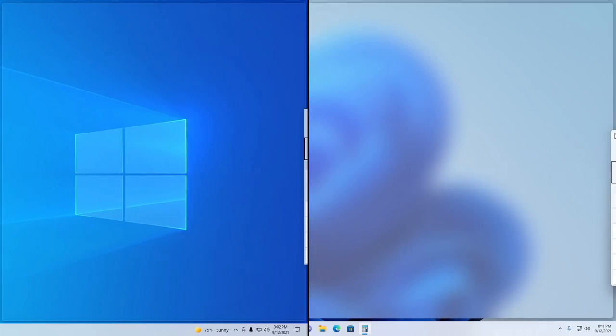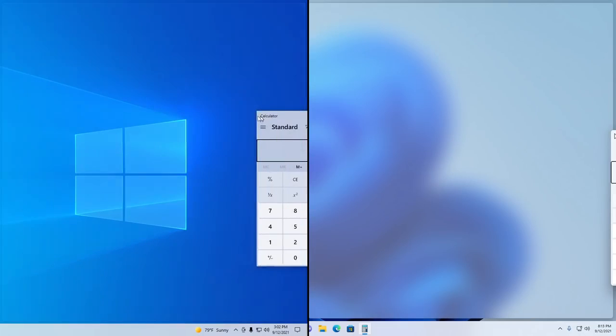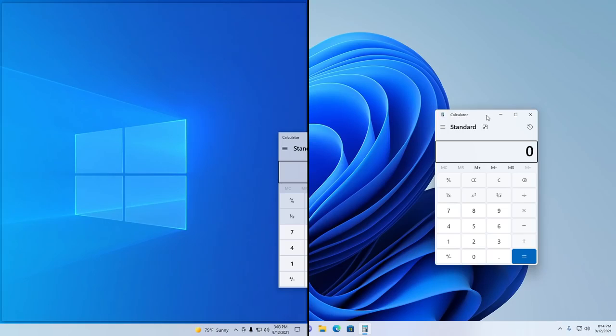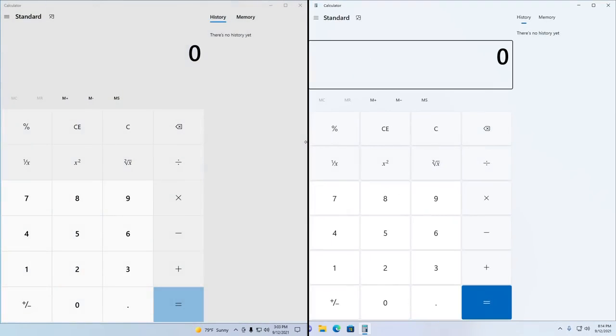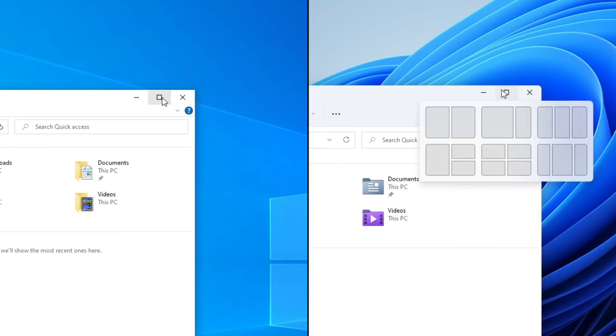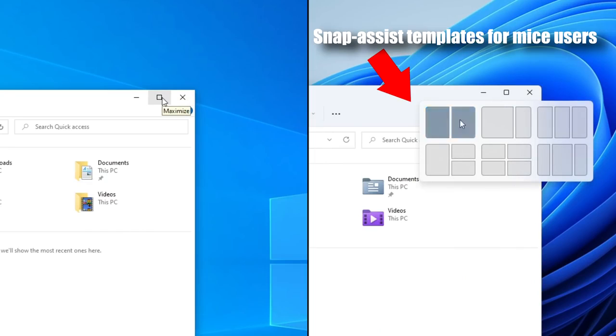The Snap Assist preview now has a frosted glass look rather than the transparent glass in Windows 10. The animation when you actually preview and snap a window has been changed. Funnily enough, Windows 10 doesn't even have an animation when you snap the window. And generally speaking, Snap Assist is just much smarter and is able to do more than it used to in